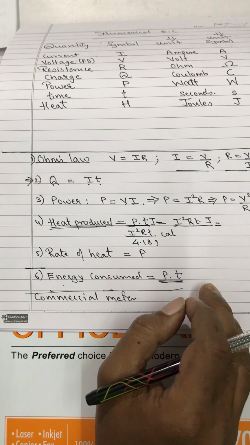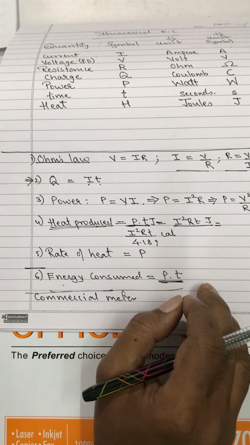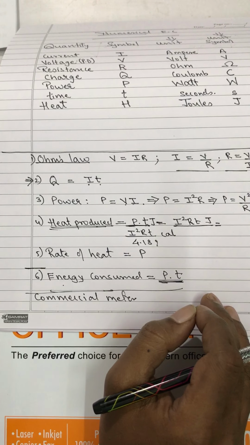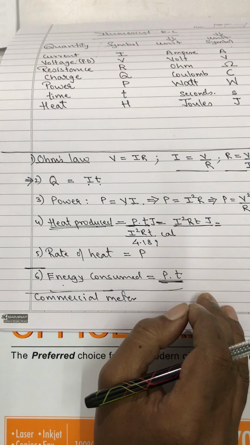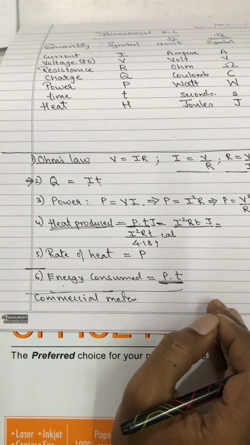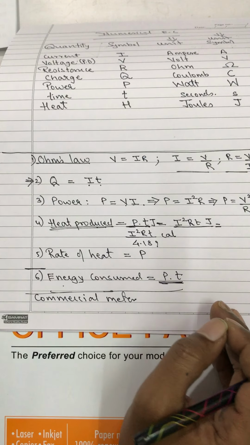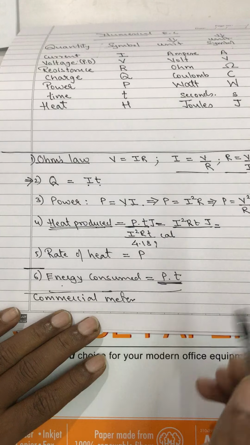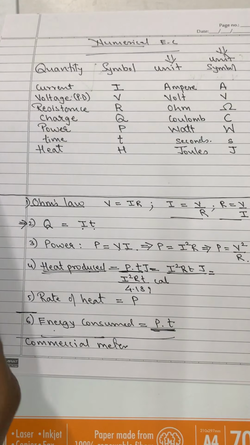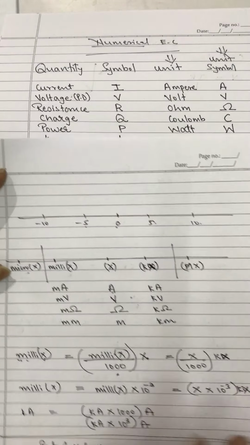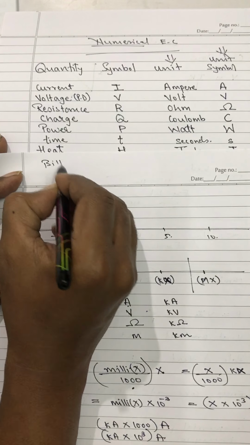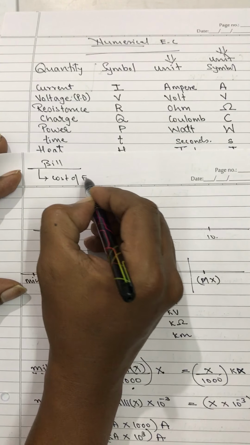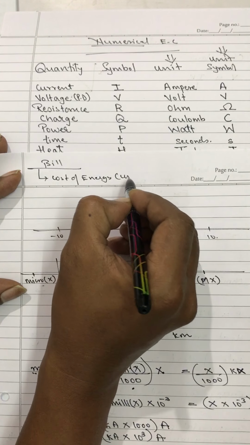When we are going to find the cost of the energy consumed, when you are using your electric meter in your house and you need to be billed for that, you should know what bill you are going to have. And to know the bill, two things are important for making your bill. Cost of energy, actually unit.